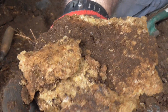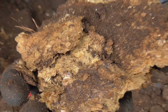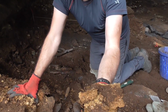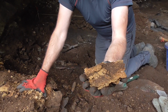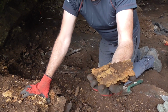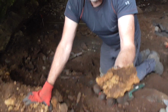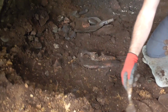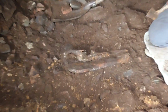Not sure if they're from salmonids or from cod family type fish, but obviously the intriguing question is, what are they doing with the fish? How are they processing it? Why are we finding the scales and not that many fish bones? So is it that they're actually taking the scales off, scraping the scales, preparing the fish in some way before selling elsewhere? But at a lower level, within the stone spread, we've actually come on quite a few large and